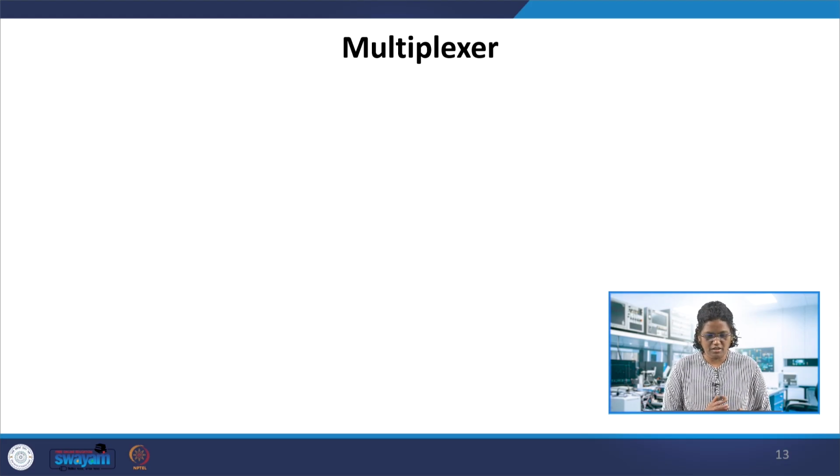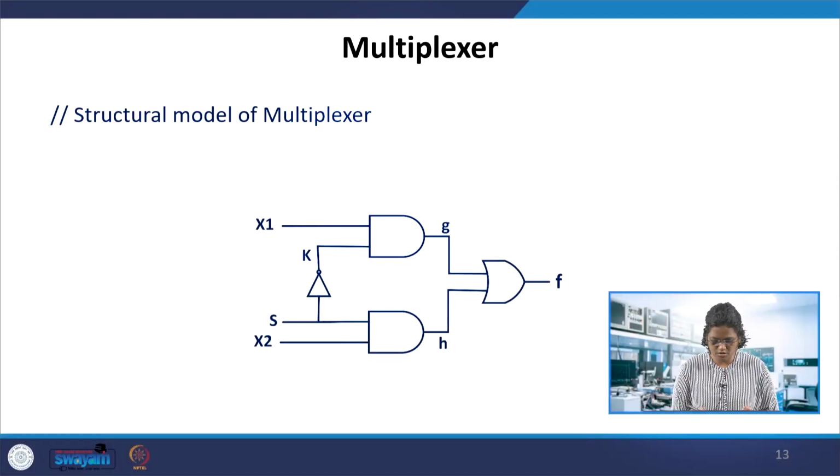So let us see the difference between this AND gate, OR gate, or the half adder, which doesn't have connections between the elements. Let us see, for example, the multiplexer. Take a 2 into 1 multiplexer. Here we have the inputs x1 and x2, two inputs, and S is the select line.